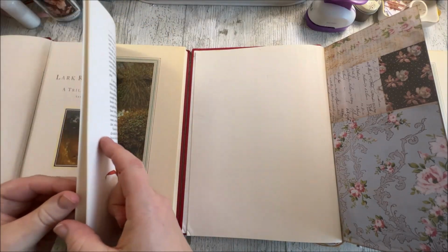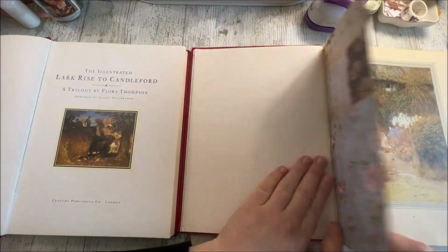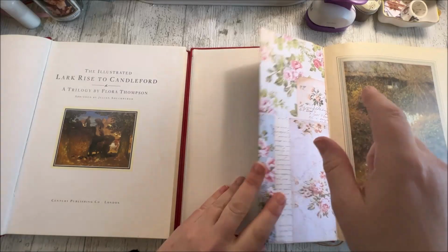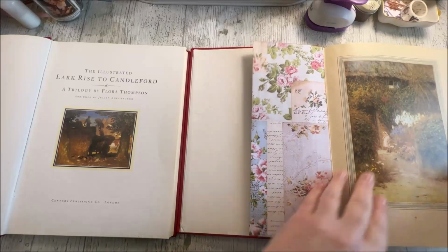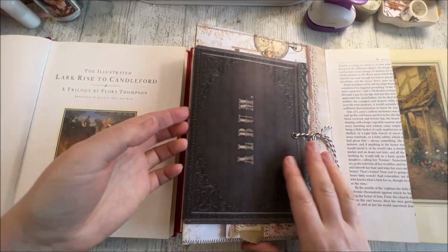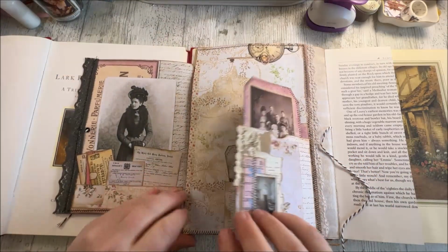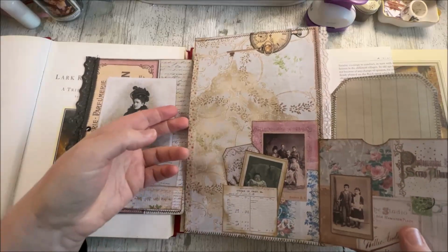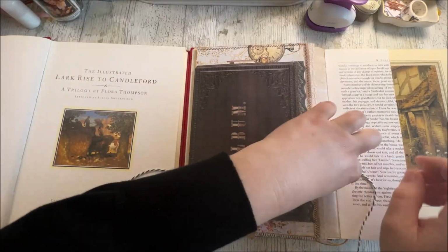I'm not inclined to do that this time, mainly because I would have liked to have had a page to do something with at the front, to attach maybe something like this. So where we've got this lovely little fold out thing, this I feel would have been really nice perhaps at the front of the book. So what I would like to do this time is to put that, oh, and of course it folds out